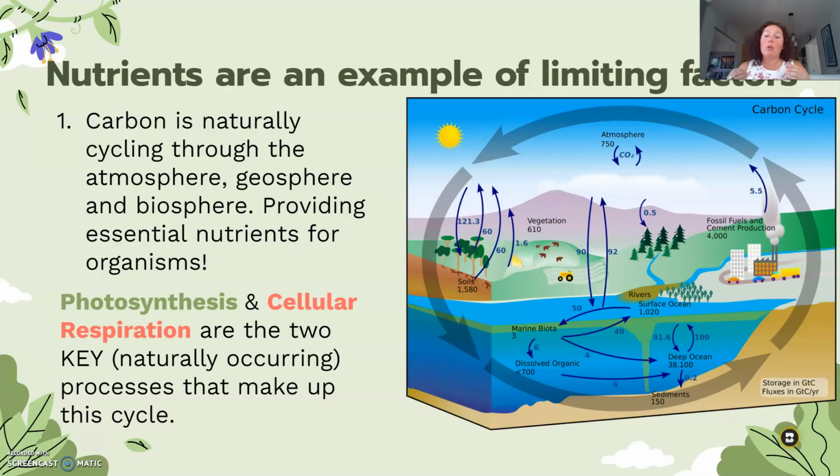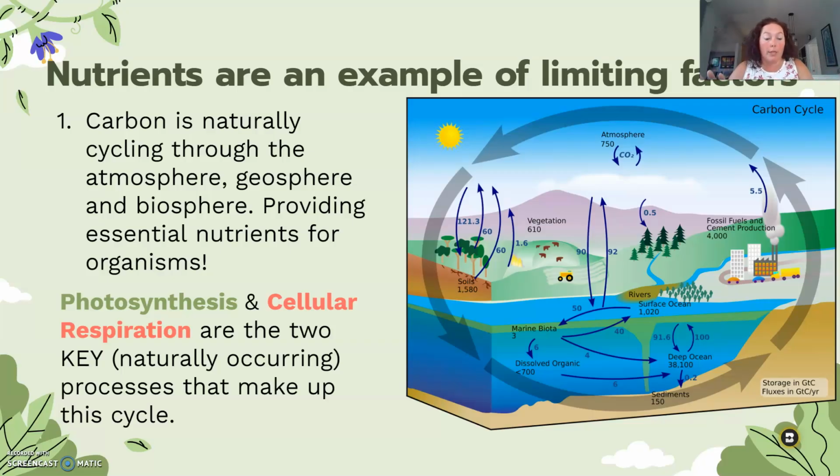So without those two cycles, you wouldn't pass those carbon dioxide and oxygen molecules through the atmosphere, because the plants attach the carbon to the earth by using it in photosynthesis, and then the animals, when they go through cellular respiration, breathe back out the carbon dioxide that the plants are going to use. So that's the naturally occurring cycle that keeps carbon at a usable level for humans and other animals, not just humans.